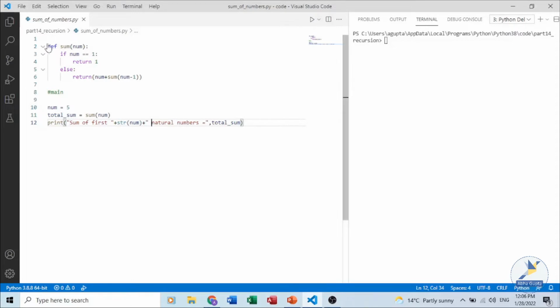For example, if we talk about these two points, let's discuss this program, how to calculate the sum of n natural numbers. So we have taken a number n, where we want to calculate the sum of n natural numbers. We are calling a function sum with an argument num. It will return some value, it will be stored in total sum, and we are printing it. Inside the function